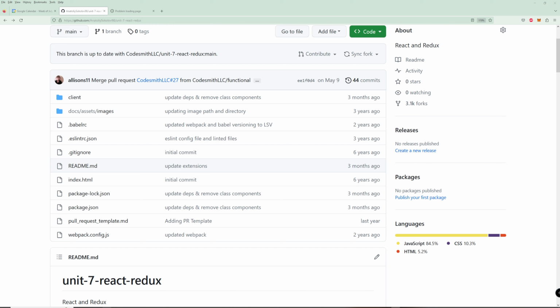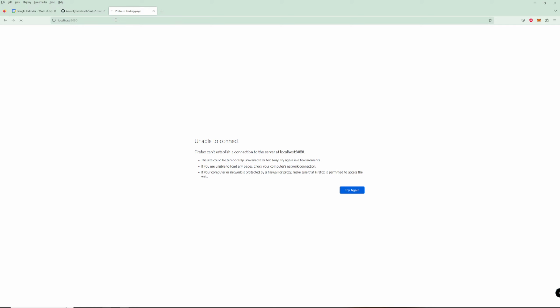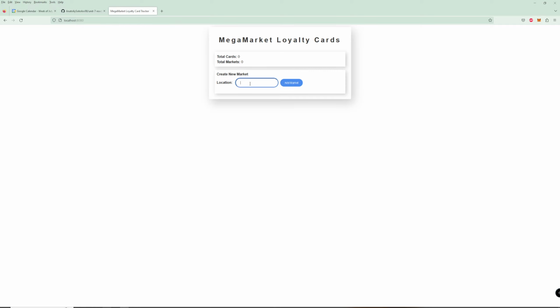Redux. Hopefully this works. Well, let's take a look. Okay, this should be able to load now, if things worked well. Okay, so essentially what it is